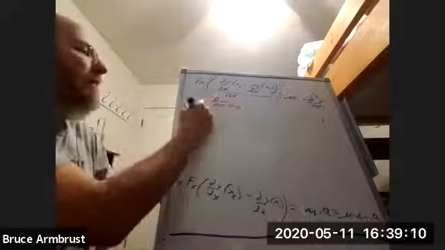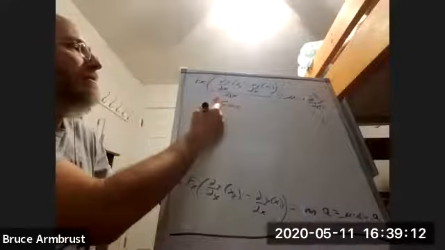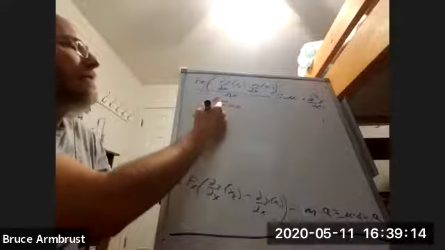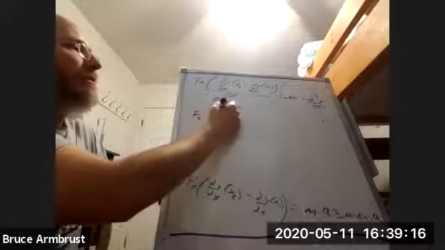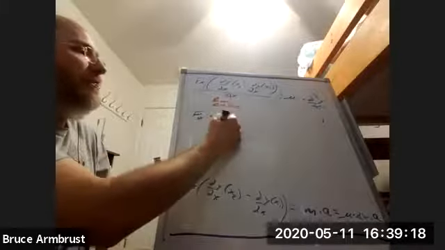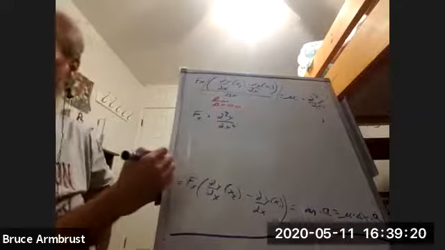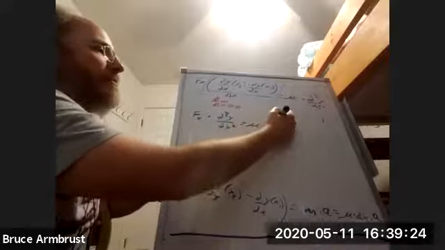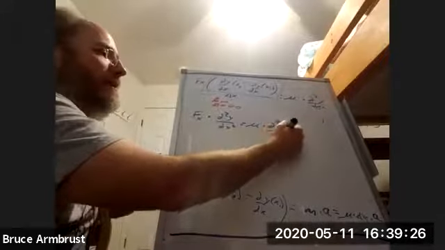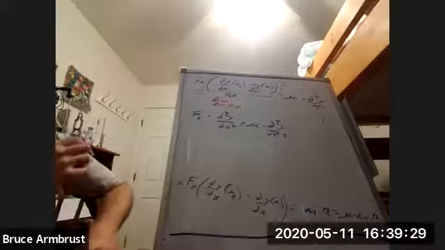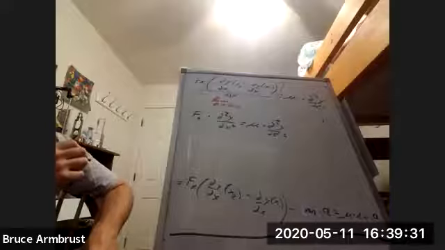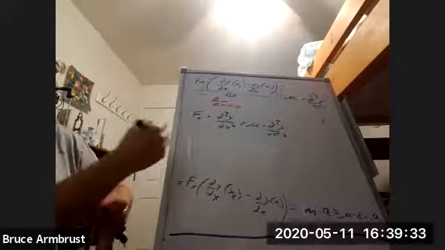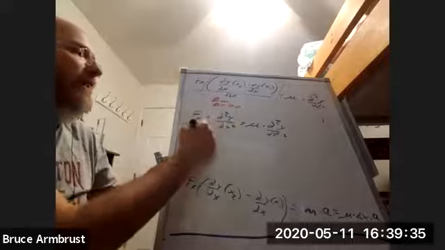This is going to be that fx times, well, this is now a second partial because we're differentiating with respect to x, equals mu times the second partial with respect to t. So I'll divide that fx